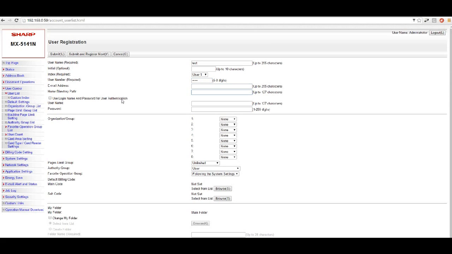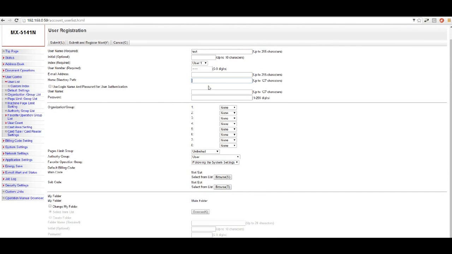Once I've created my account code, I have a couple extra fields in here. Again, these are optional, not really necessary. If you want to put the user's email address and their home path directory in there, you can. Once we are good with the user number, we're going to drop down to this other section in here, and we're going to assign this user the page limits group. So this is going to be all the groups that we've created, and this is basically where you plug your users in. So this user that I'm going to create, I'm just going to stick him in the 50 black and white,